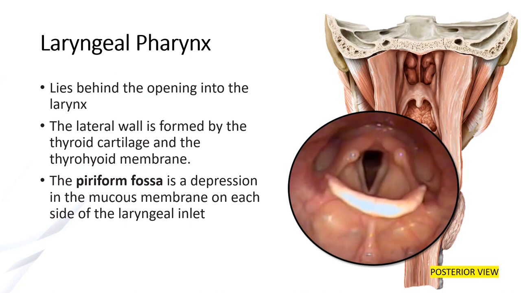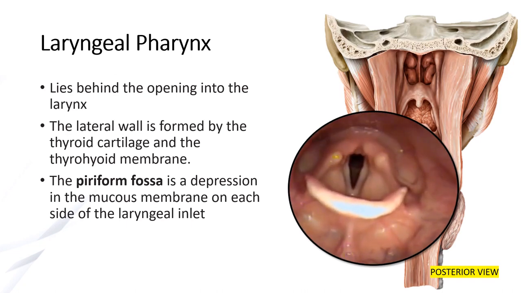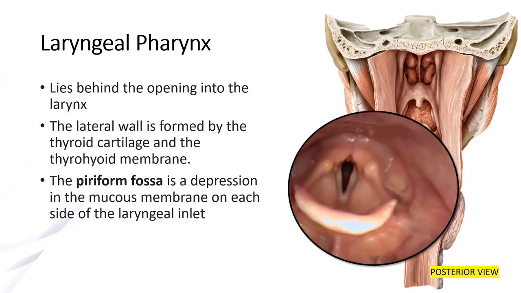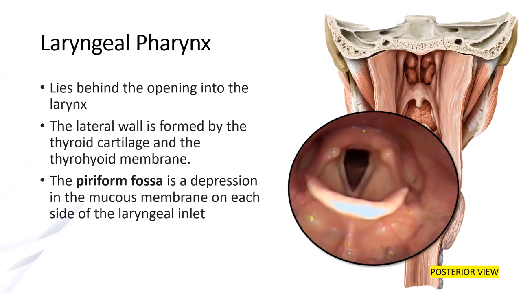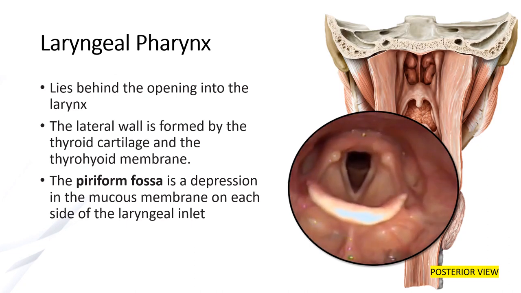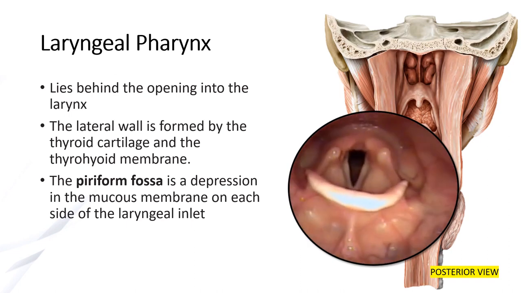For context, this is a laryngoscopy view. This is the epiglottis. These are the vocal folds. These are the arytenoids. And of course we have the medial glossoepiglottic fold and the lateral glossoepiglottic fold. When a person is talking, the vocal cords will move together. As you can see, there are spaces behind the vocal folds. This is what we call the piriform sinus or piriform fossa, and it is continuous with the esophagus.